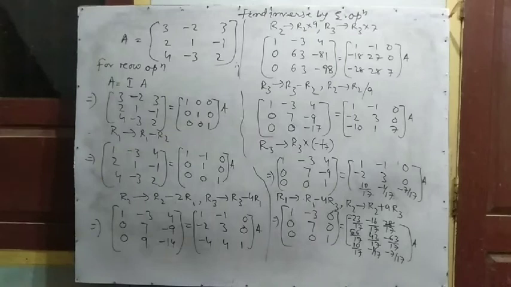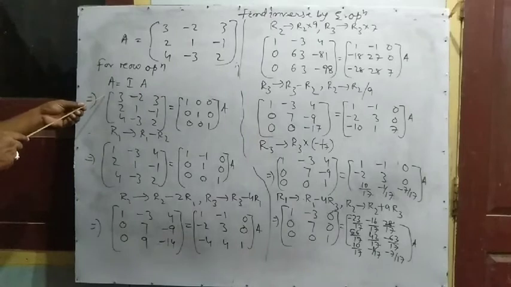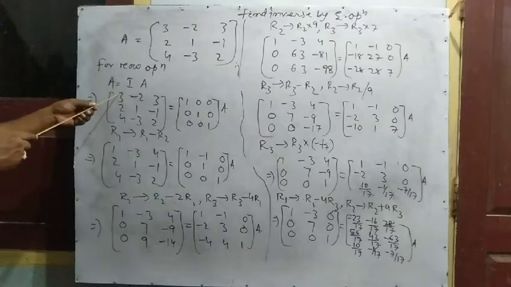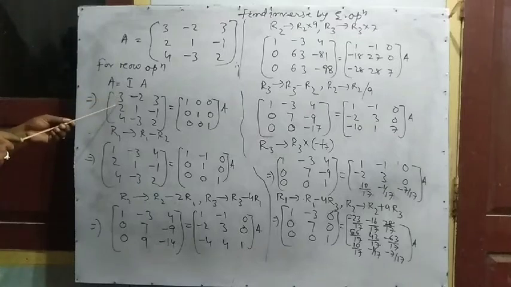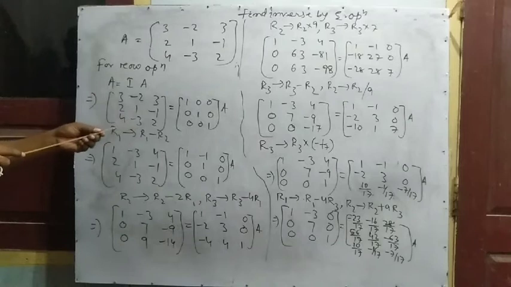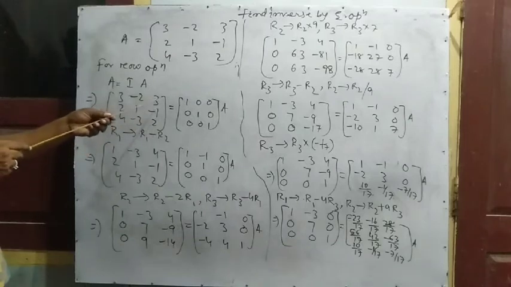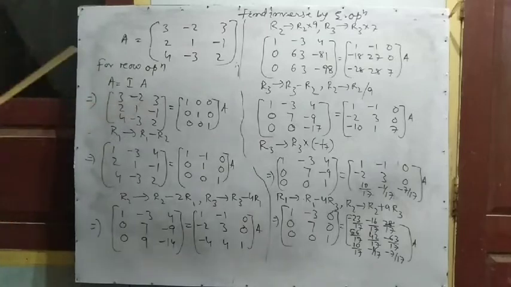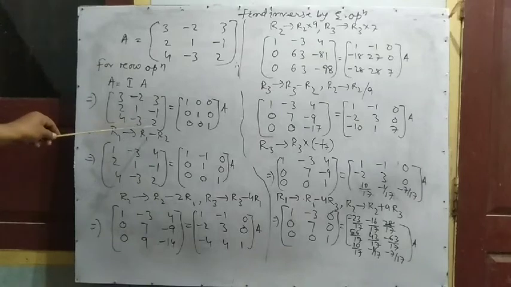Here the question arises, for the row operation you know the anti-clockwise direction, in this way you move, in this way you move, and stop here and start here. You make it 1 0 0, 0 1 0, 0 0 1. In this way you look at the process of converting this one. First you convert this one to 1 0 0, 0 1 0, 0 0 1, in this way.